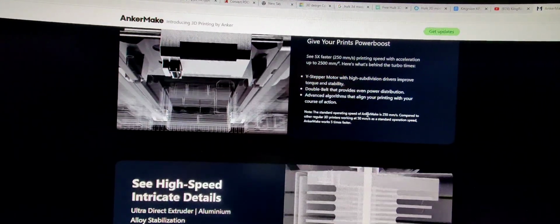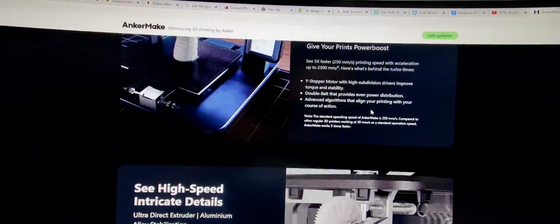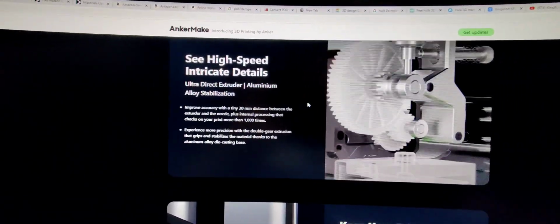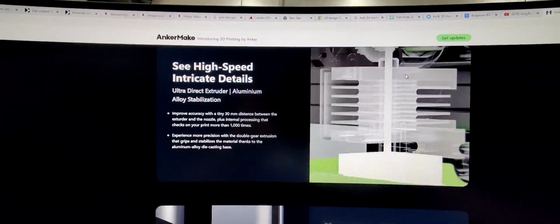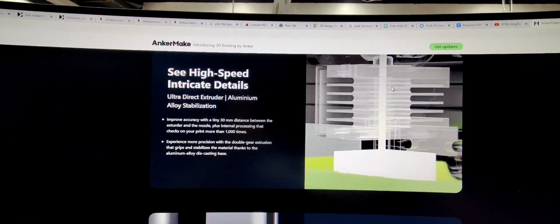That, the belts, and advanced algorithms. So they're probably going to run their own slicer to just match with all this. And that's what you've got to do on a really cool printer. If you're doing new technology and it's got to do with stuff like this, if like from